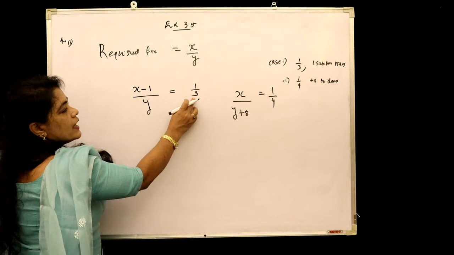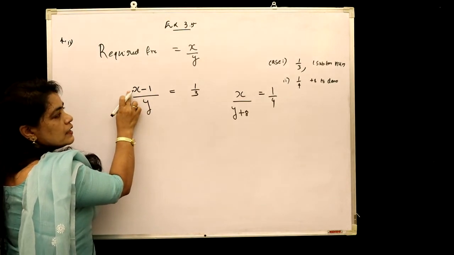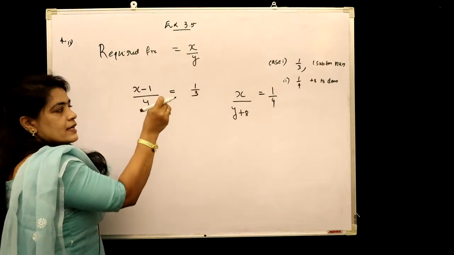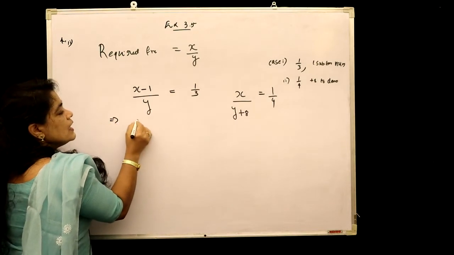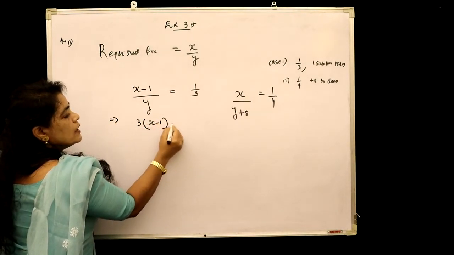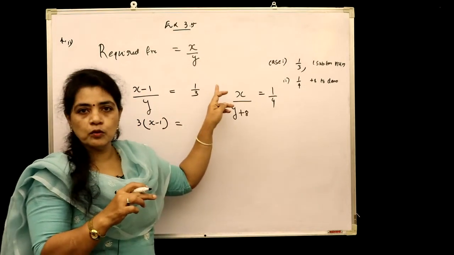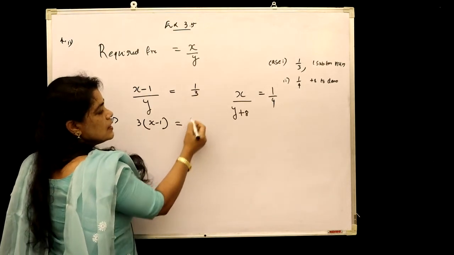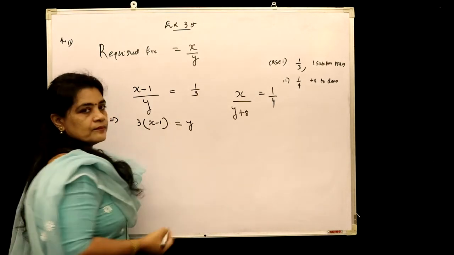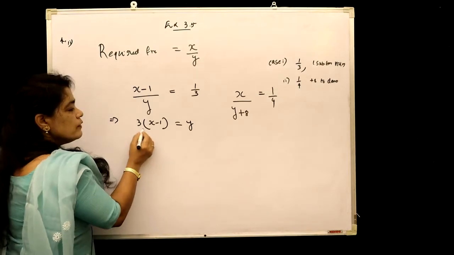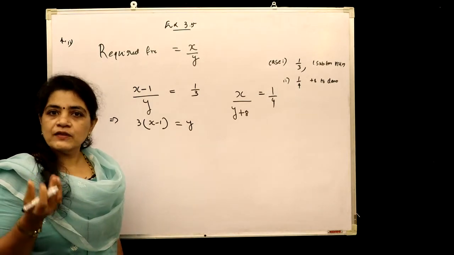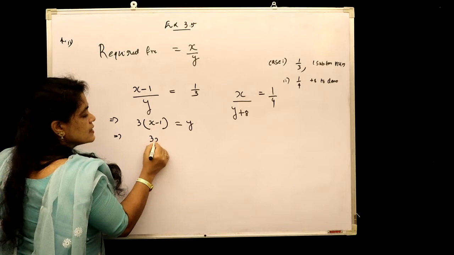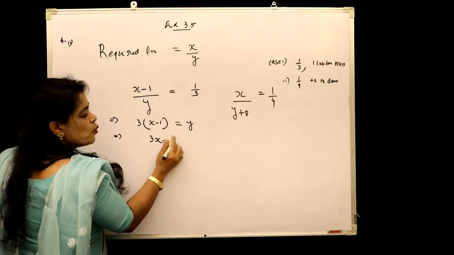So we can take this 3 to the numerator by multiplying, since this 3 is under the denominator. So RHS to LHS, so into. So 3 into x minus 1. So this denominator comes to numerator under multiplication with 1, since 1 is in the numerator in the RHS. So 1 into y is y itself. Okay, so we can apply the distributive property. That means we can open the bracket using distributive property. So 3 into x, 3x, minus 3 into 1, 3